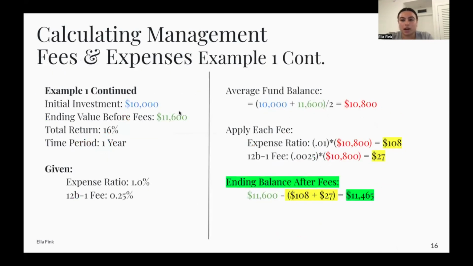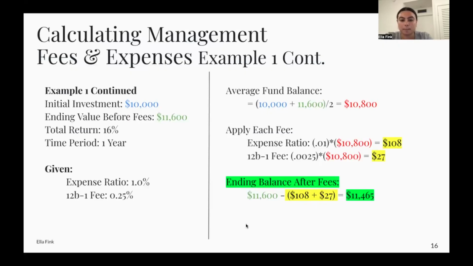Now we're going to continue and calculate the fees. Pulling some of these numbers from the previous slide, $10,000 and $11,600, as well as the 16% return. We are also given that the expense ratio is 1%, and our 12b-1 fee is 0.25%. After calculating the average fund balance as $10,800, we are going to apply each fee. The expense ratio fee is $108, and the 12b-1 fee is $27. So we're going to take that ending balance before fees and subtract both of those fees, which gives us an ending balance of